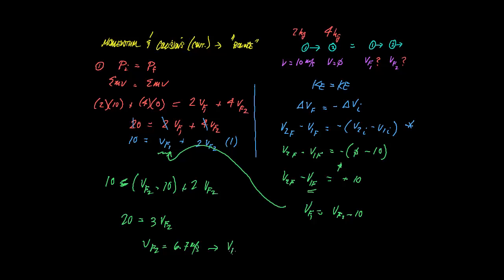And then v final 1, from any of these equations, with 6.67 in there, is going to be actually